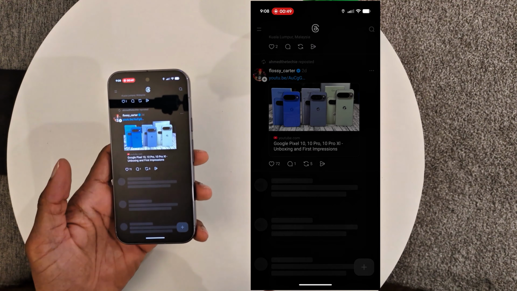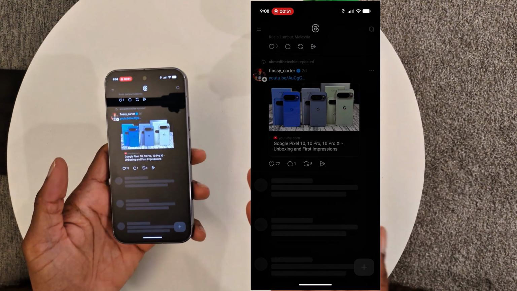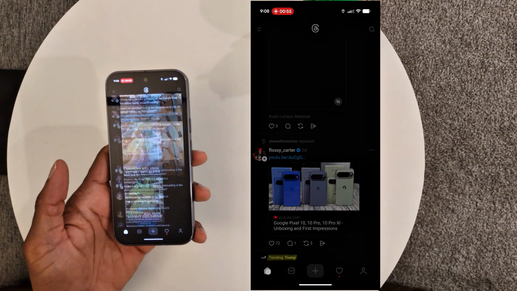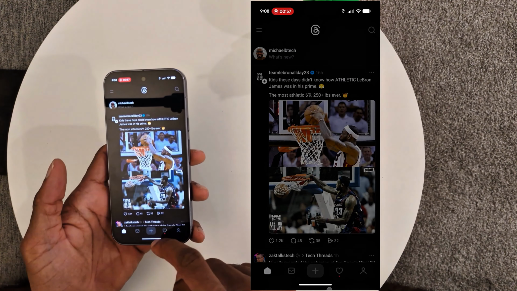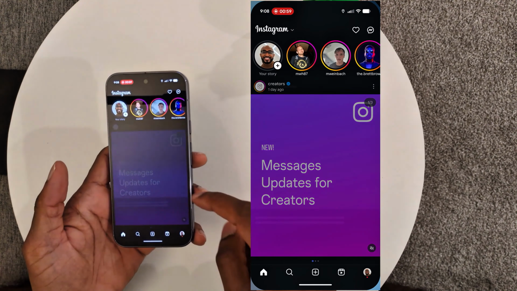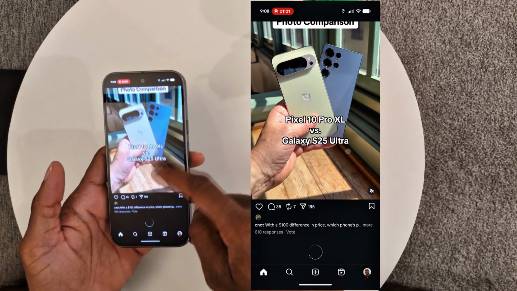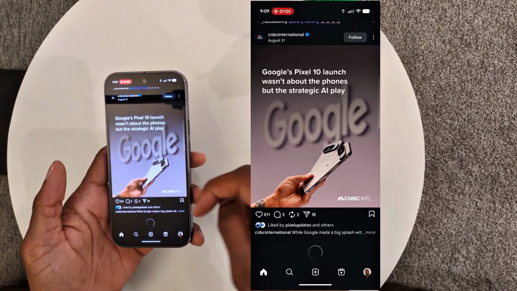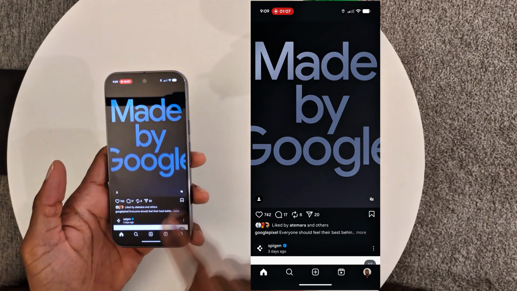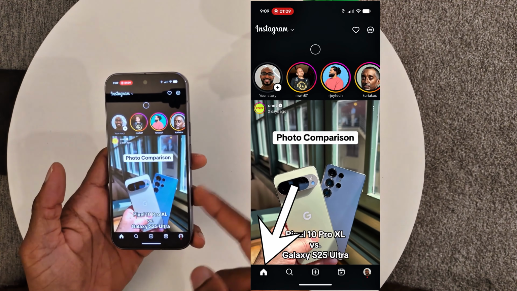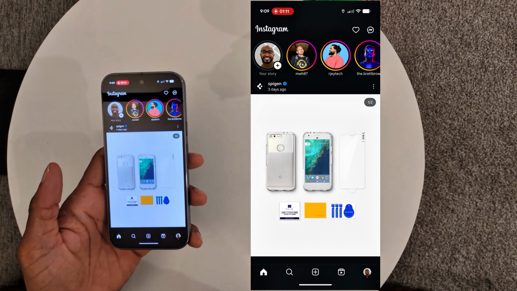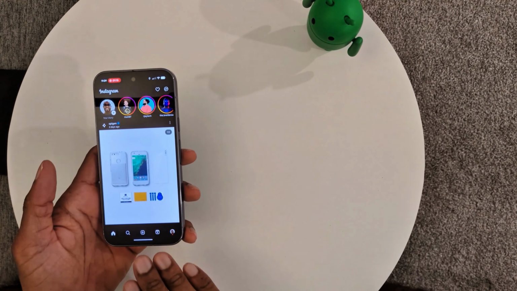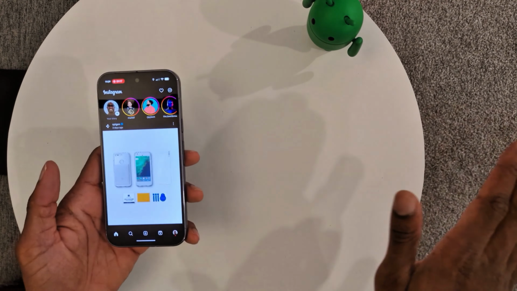So say if I'm scrolled all the way at the bottom, a lot of developers develop that same functionality. So when you hit the home button, it'll take you right back up to the top. Same thing when it comes to Instagram. Let's say I am scrolling all the way to the bottom. All right, and I want to get back up to the top. Press the home button, takes you all the way back to the top, and it even refreshes in Instagram. And again, it's different in different apps, but at the same time, this works across all of Android, not just